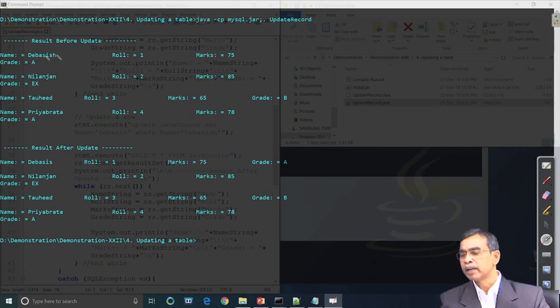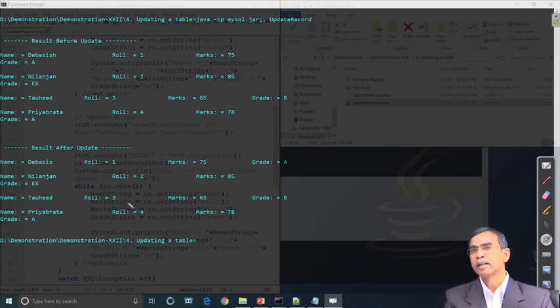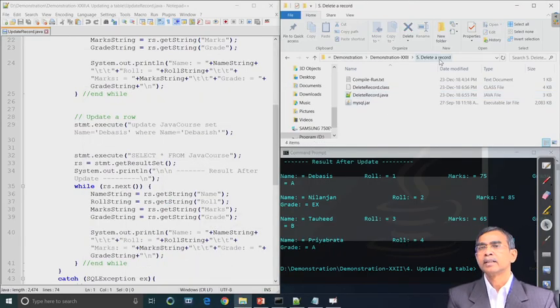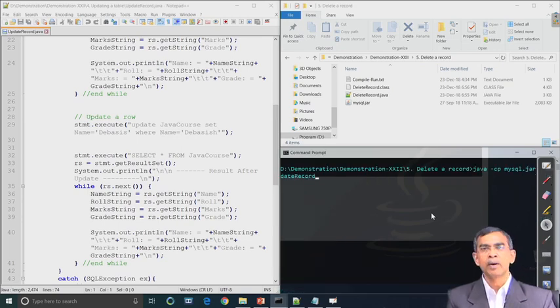Results before update, as you see Devashish, Nilanjan, Tohit, Priyabrata, 4 records are there. Now, we have executed the update command, then results after update command, as you see initially Devashish has been updated, and it is only applicable to this record. So, it is only one updation, and then the result is there. So, now we can understand that everything is possible from your program itself, executing all the SQL statements, then after the result is available, processing all those results from one point only.